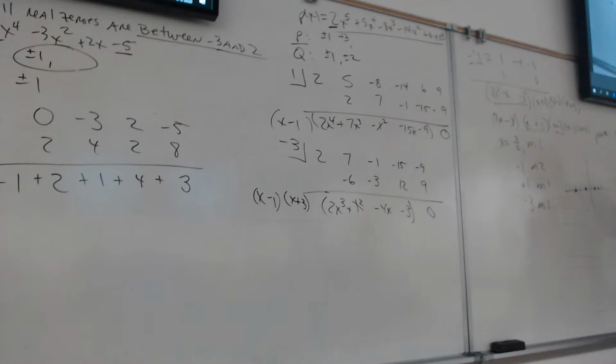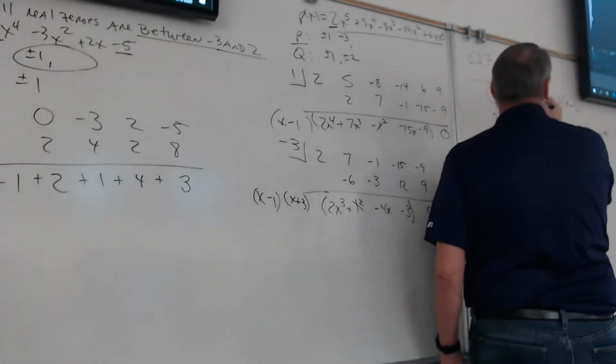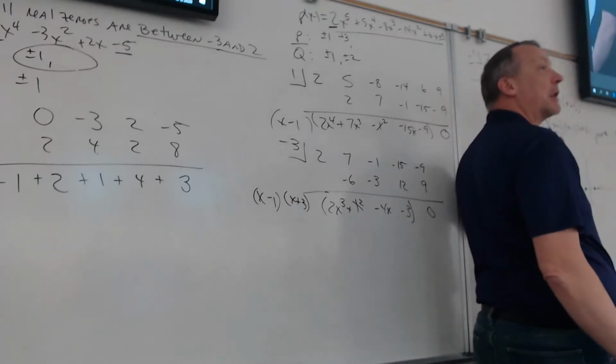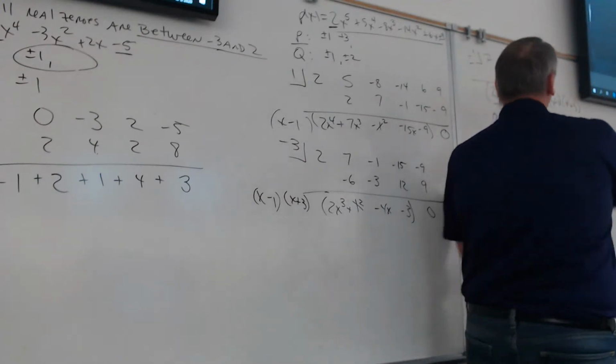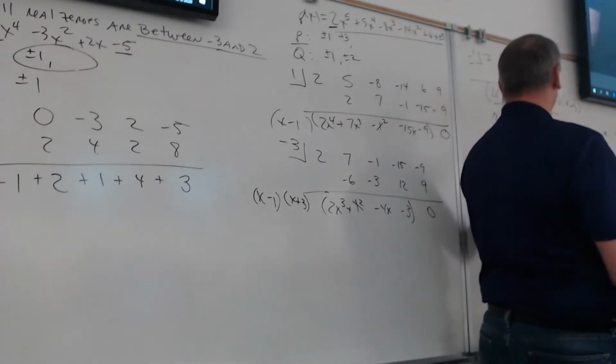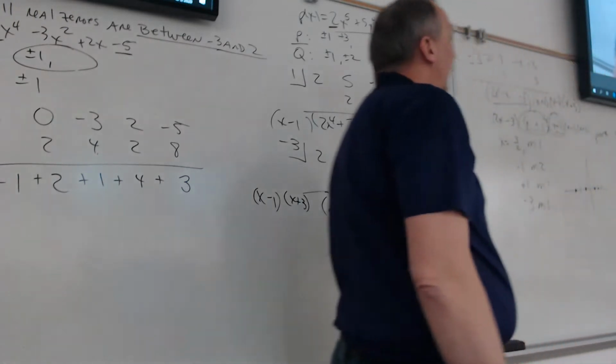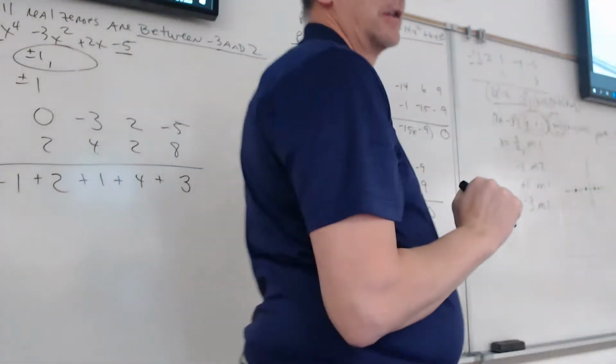Sure? No? We gotta study better. Debbie knows. Sorry, I just have a quick question. Why does positive 1 have a multiplicity of 1 and negative 1 have a multiplicity of 2? Okay, so if I set that equal to 0, what does x equal? X equals -1, and I've got 2 of them, right? Oh, okay. So that's why it's got a multiplicity of 2, okay? All right, now that you know that,